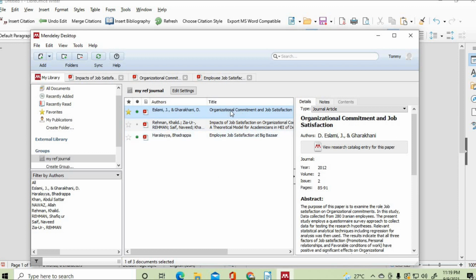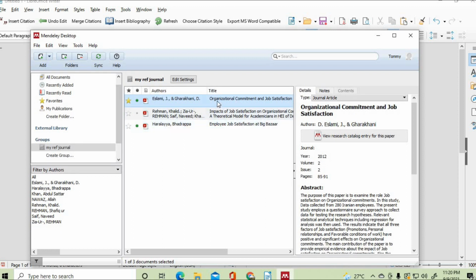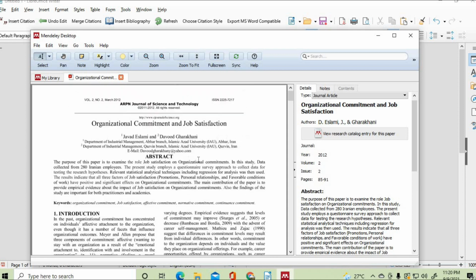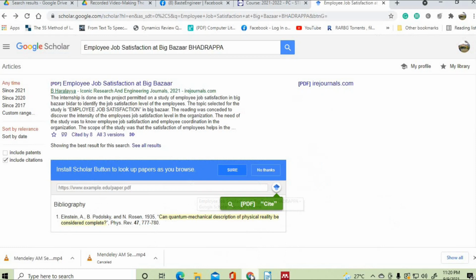Now for every PDF files, you have to check the data here. Okay, you have to check the author kasi minsan nagkakamali. So paano yun ma-verify? So i-click nyo muna to. Okay, close ko muna. Okay, so click ko tong organizational. So ito po yung organizational. You have to copy this the title for this paper,